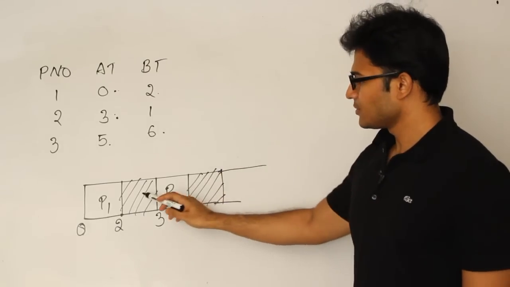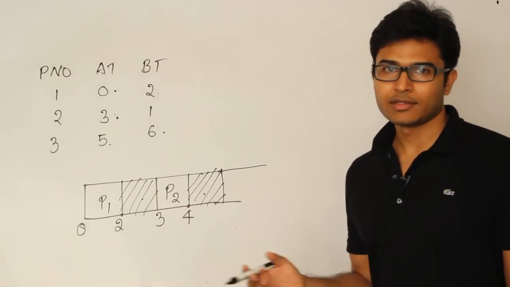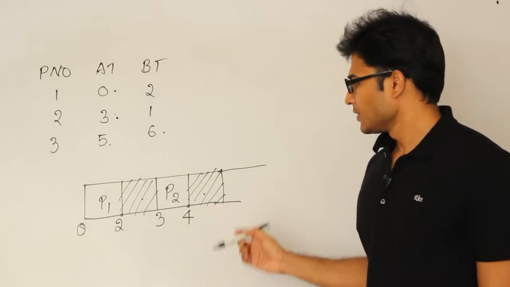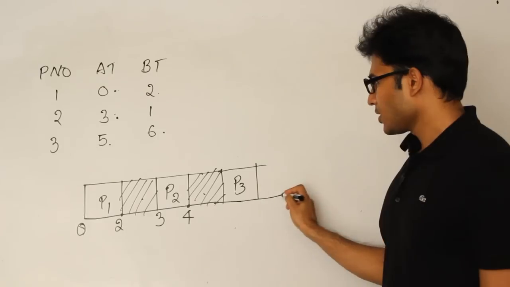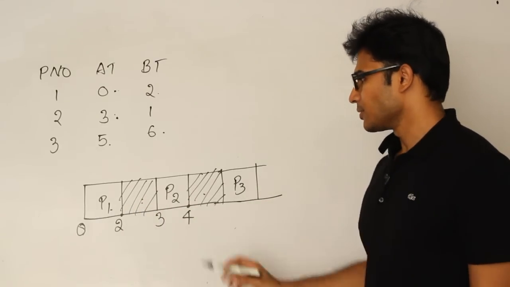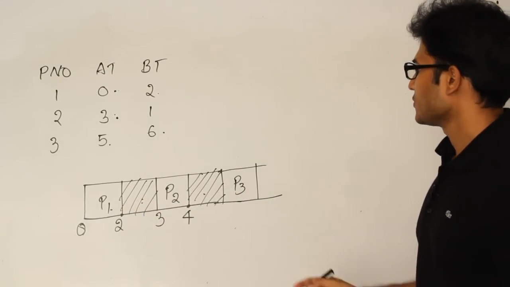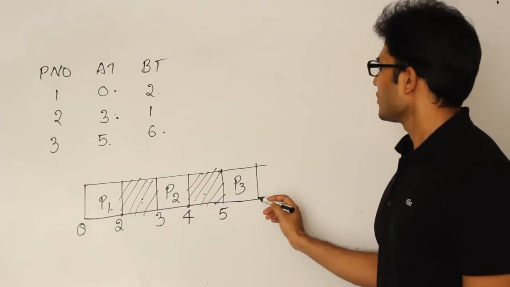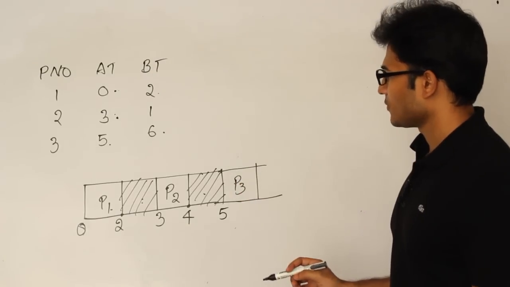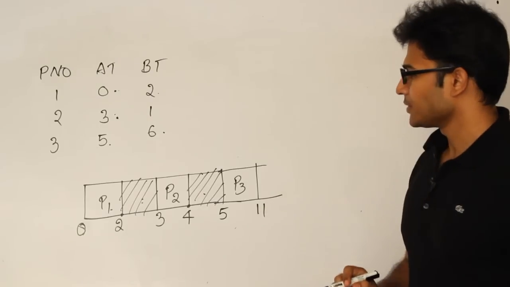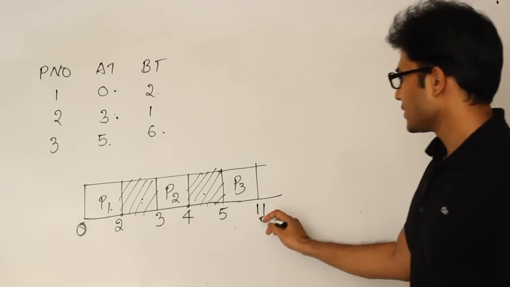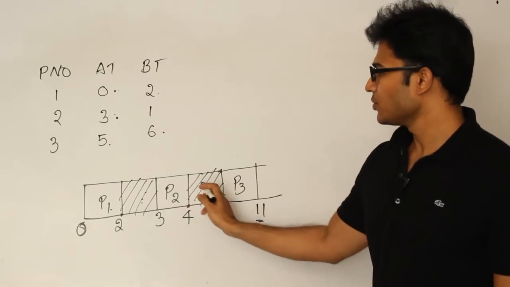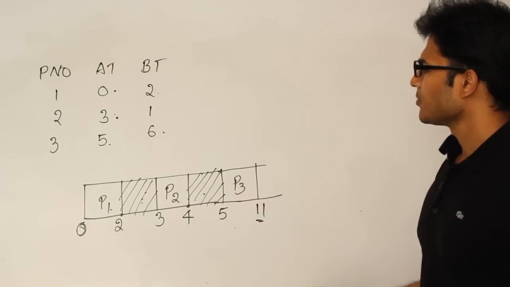So this is nothing but the CPU being idle. It is not doing anything because there is no process to run. So even though you have P1, P2, P3, you cannot write P1, then P2, then P3 back to back because they are not available yet, right? So wait till 5. And then P3 is going to take 6 units of time, therefore it is going to finish at 11. So what is the total schedule length? You started at 0 and finished at 11, but you have waited for 2 units in the middle, right?